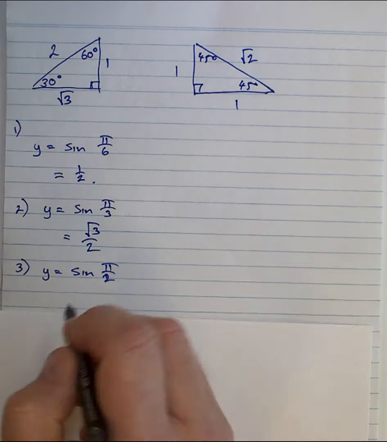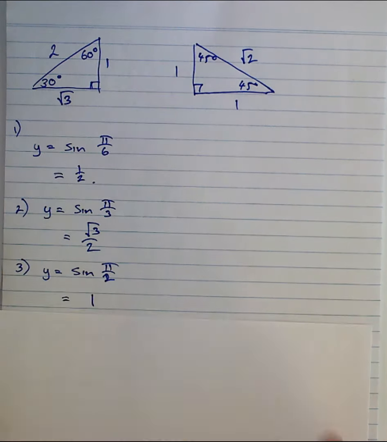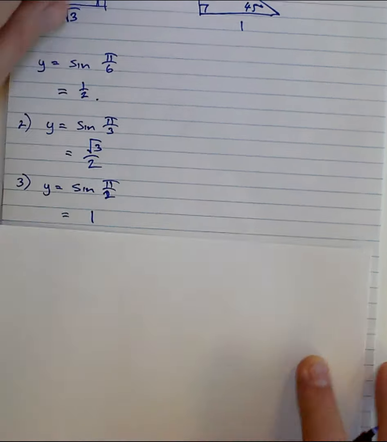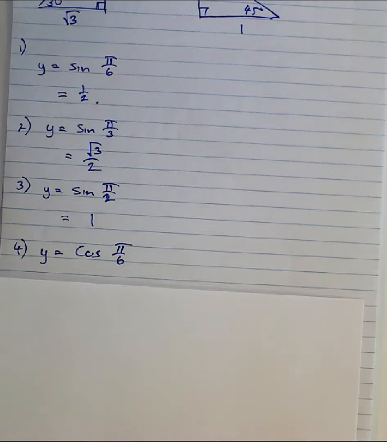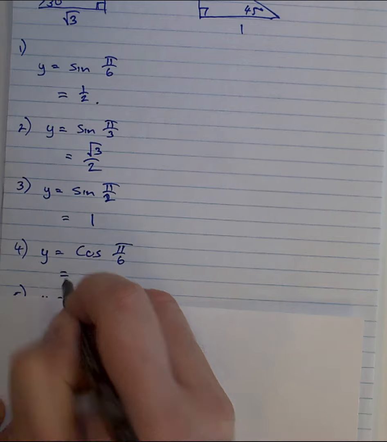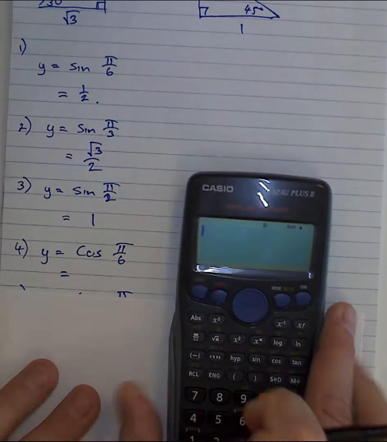Or I will show you another method now, just using your calculator. You need to be careful if you're going to use this method. If there's negative signs and the angle's in a different quadrant when you square your answer, but I'll show you this method now. So say if I wanted to find the cos of pi on 6, I can just go directly to my calculator,